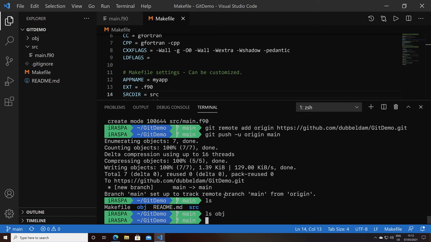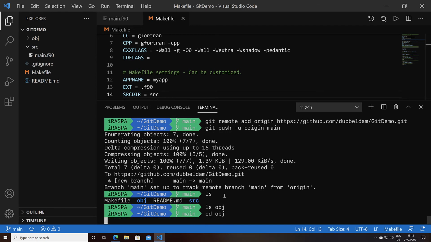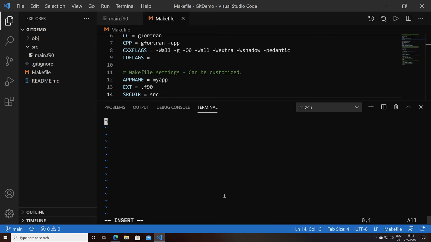Now blobs correspond to files. There are no files in the object directory, so there's no blob to give to Git. So Git ignores empty directories. So if we would like to include the object directory, we need to put something in there. So what we could do is put a readme in there. I'm going to do an alternative, and that is to put a git ignore file in here. And the reason is we don't want any of these object files here anyway. So we can add this content, which basically ignores everything in this directory except the .gitignore itself.